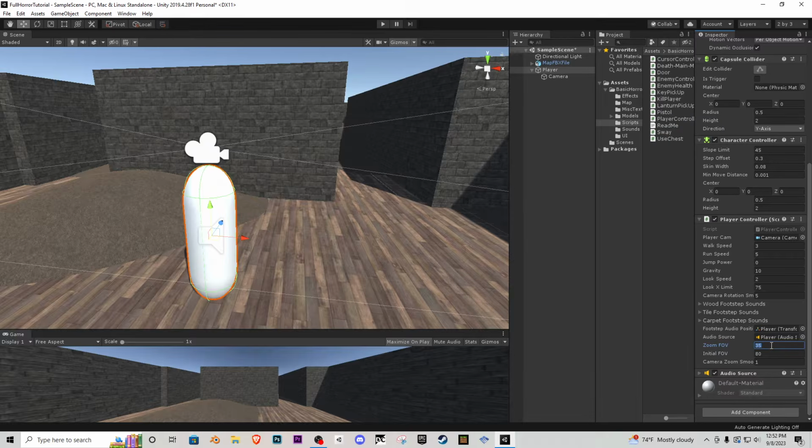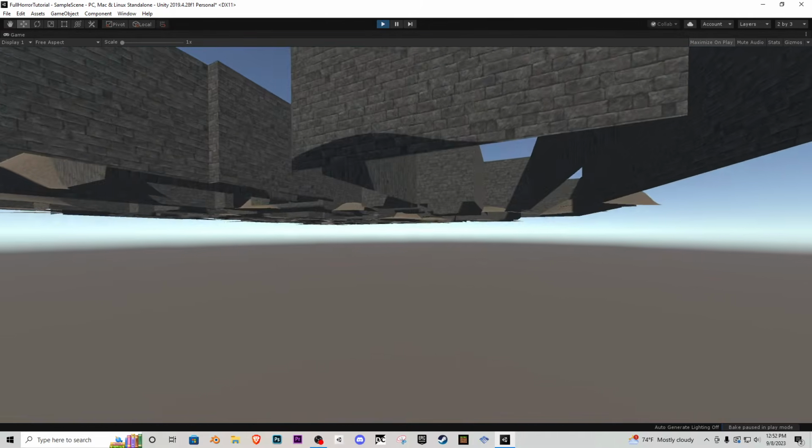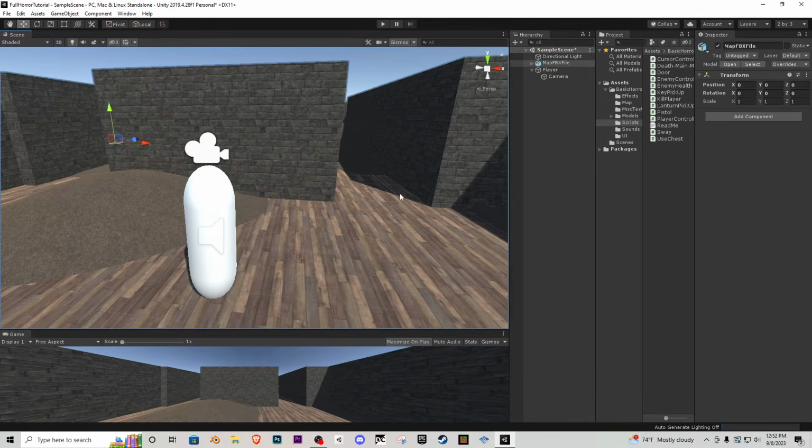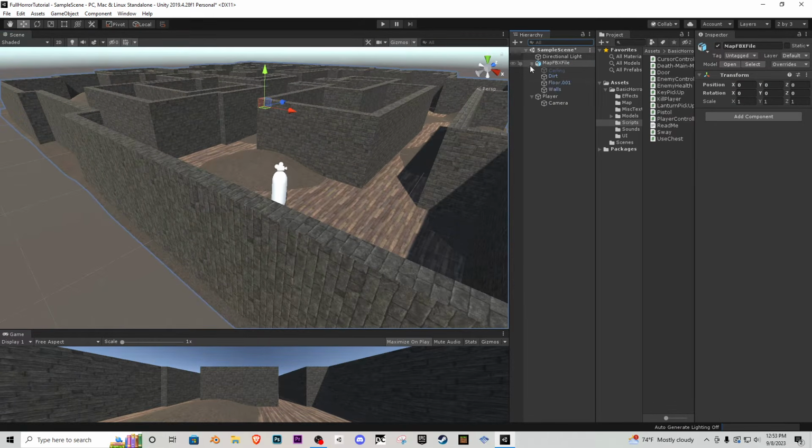And then zoom FOV, I'm going to do as 50. I'll get into what that is in just a second here. So let's play the game. Let's make sure, oh, of course, that is correct. We need to make sure the floor,